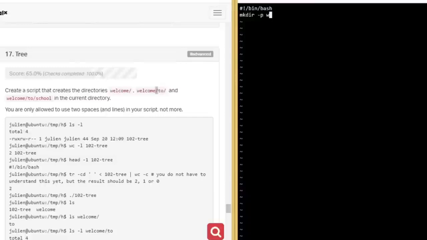So what are we creating? Welcome/to/school. So that is what they asked us to do. So that's just what they asked us to do. So this dash p is going to help us to put a trailing slash in each of these. Okay,